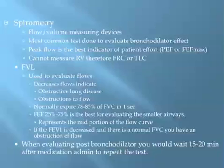If the FEV1 is reduced and the FVC is normal, you probably have an obstruction to airflow. May not know what it is, what's causing that obstruction, but there is an obstruction. When you evaluate if bronchodilators are helping with that obstruction to airflow,